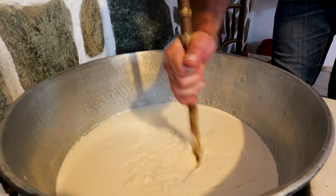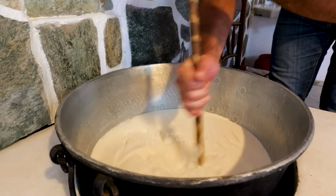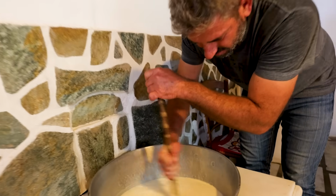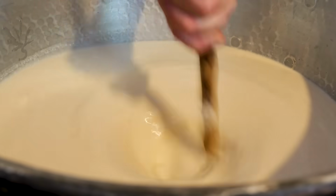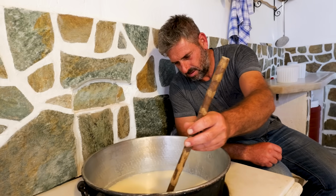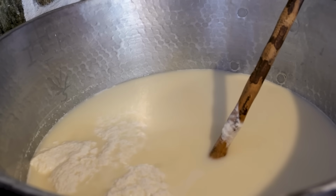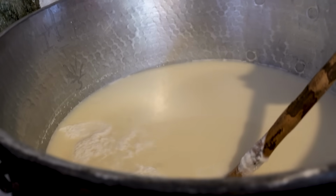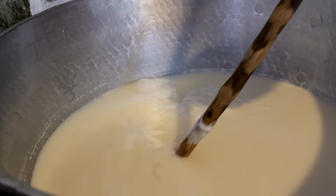The stick is about 90 years old. It's made with olive wood, and they say that it adds to the flavor. Yiannis stirs the curd to separate it from the whey. He does it quickly. He wants the bits of curd to then clump back together and not float individually in the whey. So the thing that Yiannis wants to do is to collect all the curds into the one side